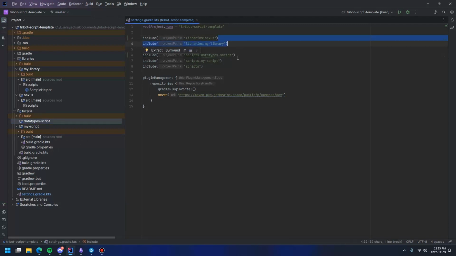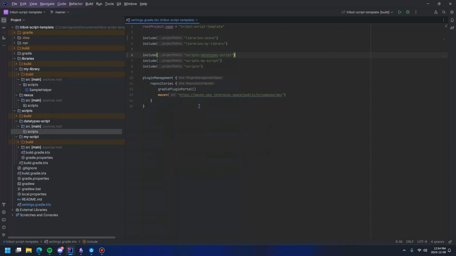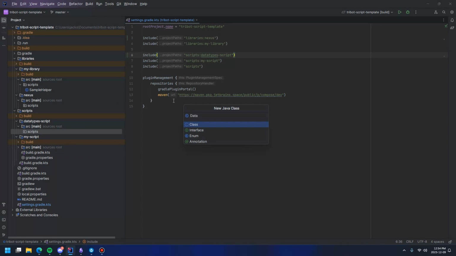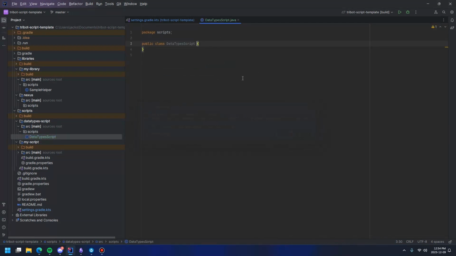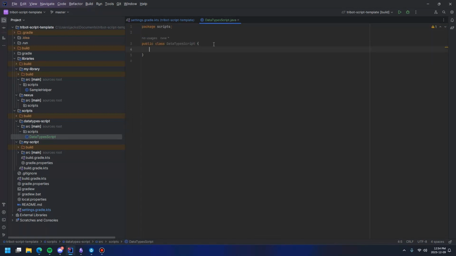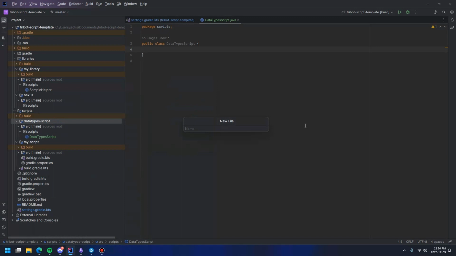Okay, so now that we have successfully added that, we'll right click on it, new directory, source, and then we'll add another one under source called scripts. Alright, and now we'll physically create our script, a Java class, DatatypeScript, capitalized like so. Alright, there we go. Okay, so now we right click on the datatypes hyphen script folder itself and create a new build.gradle file. So we do new, file, and we'll call it